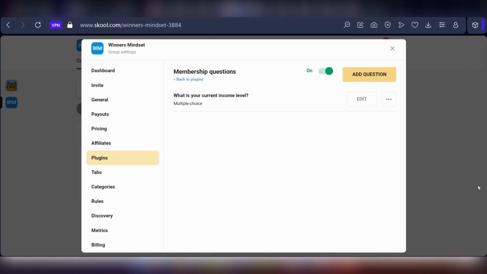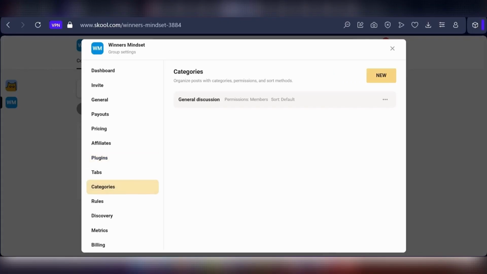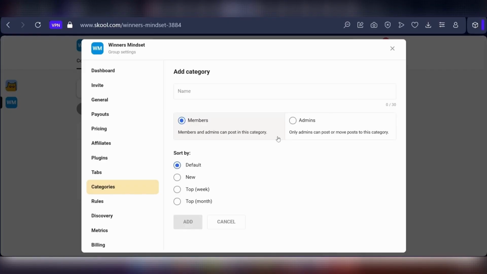Now, the next thing you'll like to do is to use categories for clarity. Now, in your community tab, there will be a crucial step to follow for categories. In order to get to categories, you can still find it right here, so you don't need to go back. You just simply need to come down to categories and click on it. Now, since the community is focused on financial growth and mental strength, we'll be creating a few categories to organize discussions. In order to do this, you just need to follow along, click on New, and then